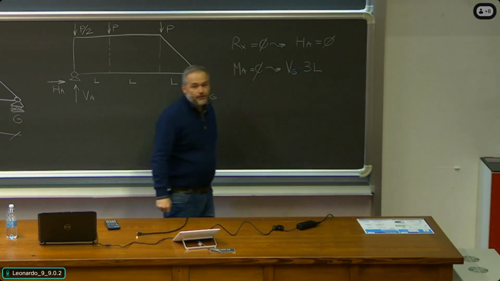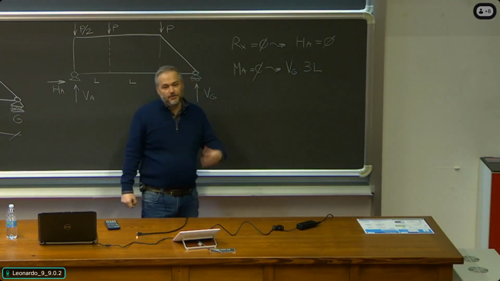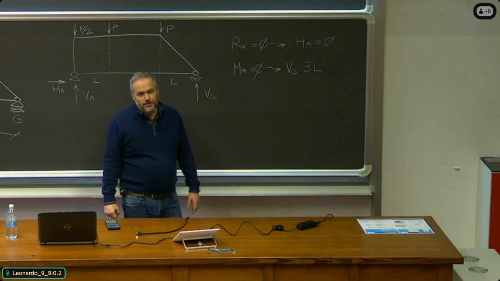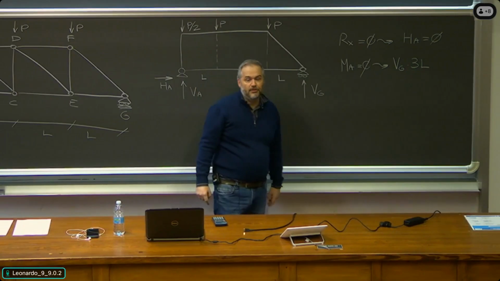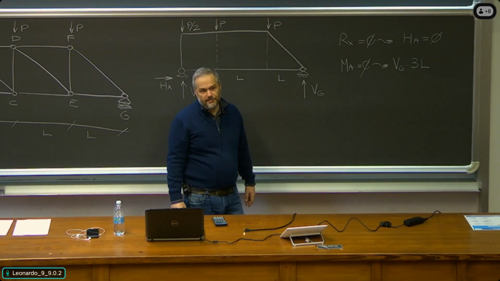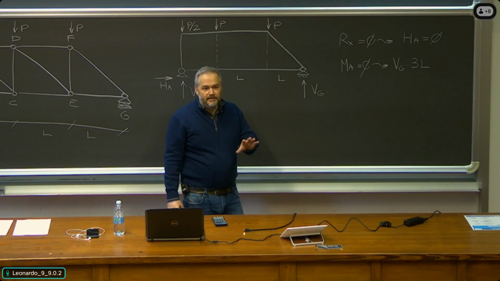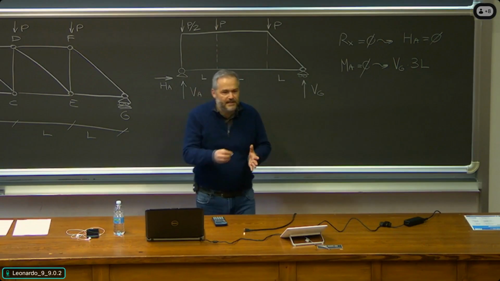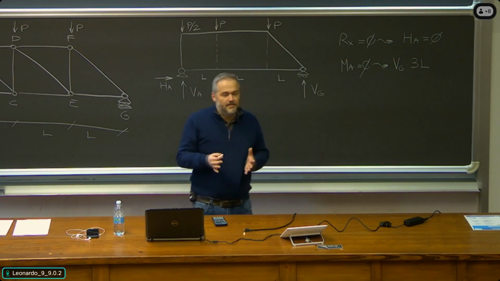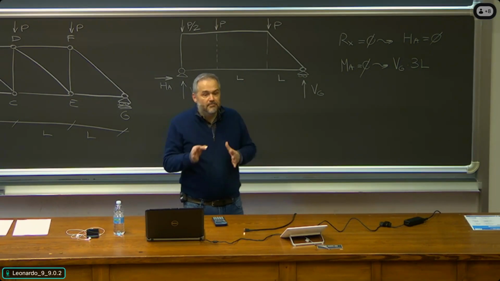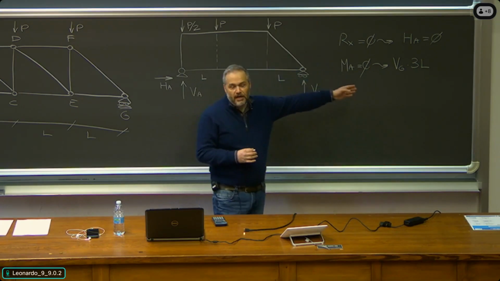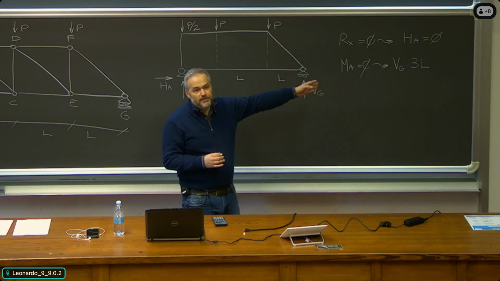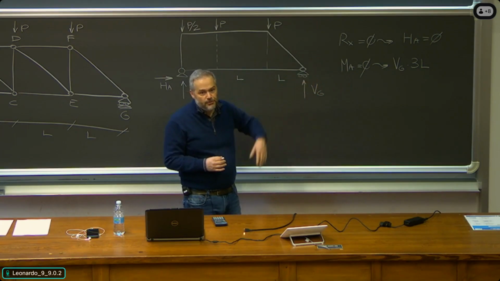And by writing this contribution as positive, I'm implicitly assuming that my convention is a counterclockwise moment with respect to point A is positive. Doesn't matter, there is no absolute rule as regards sign conventions. As a matter of fact, if it's a convention, it means it's a conventional choice. The important thing is to be consistent. So once we go with counterclockwise positive, we have to be consistent in working out all the other contributions,